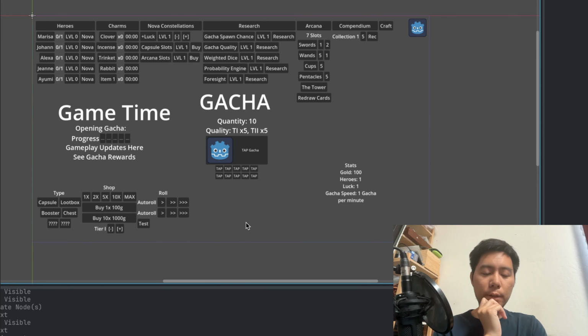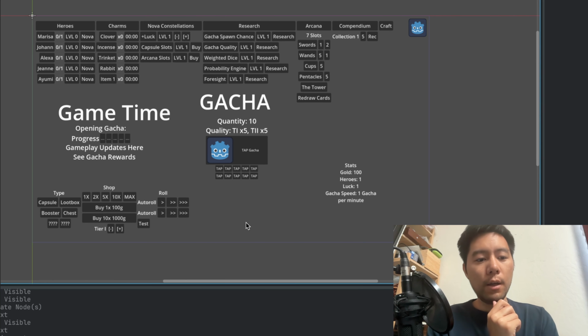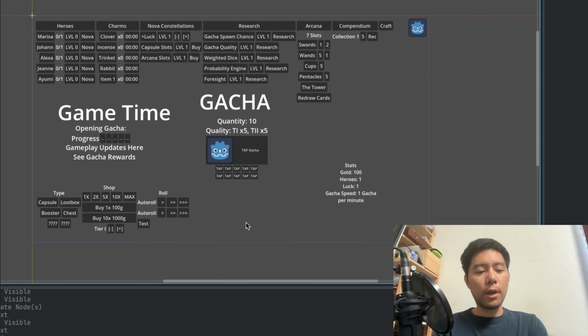So the types I have here as an example are gacha capsules, gacha loot boxes, booster packs, which are more tied to card systems, chests, which are more tied to usually equipment or RPG systems,